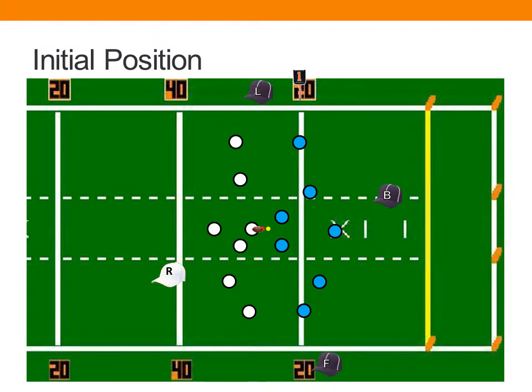So let's talk about our basic initial positions. We'll start with the referee. The referee should be on the same side of the field as the field judge, opposite the line judge and back judge, in an initial position that's 7 and 7, 7 yards behind and 7 yards wide of the deepest offensive back, with the body position at 45 degrees to look back toward the snapper and the player receiving the